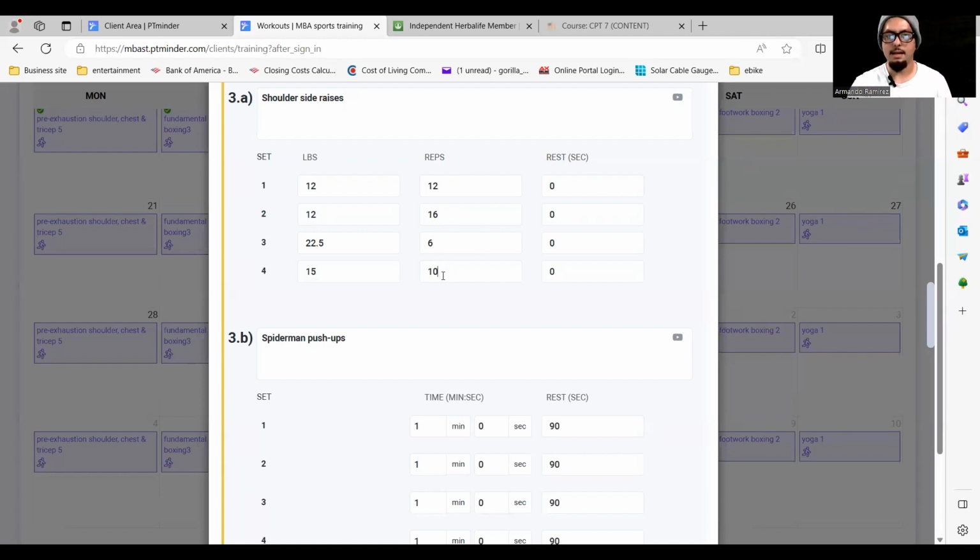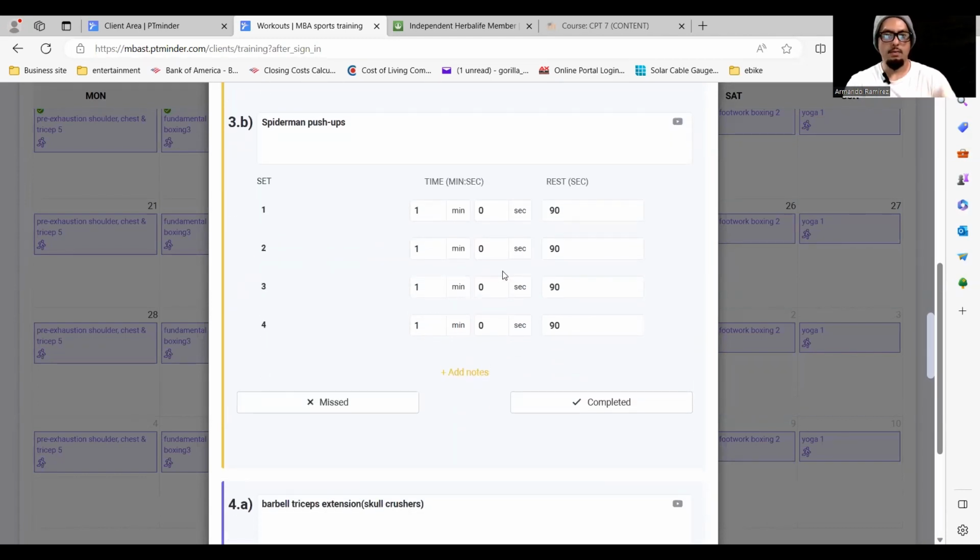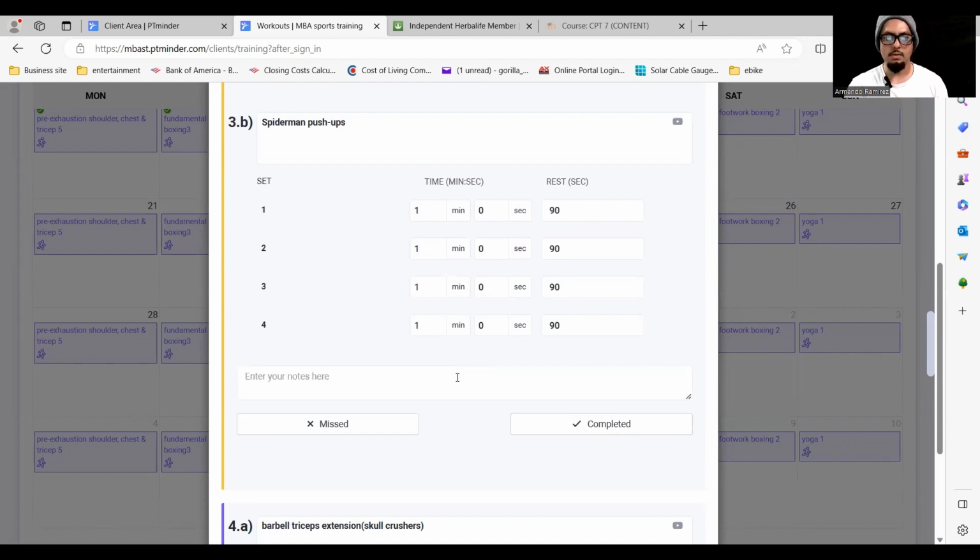And then let's say here with 15 pounds, you were able to meet that sweet mark of 10. Now, again, I don't always recommend holding yourself back, but we have strategies for a reason, and we've got to see what works specifically for you. So, and this is also performed in a superset fashion. So you would complete this for a minute, add your notes, and then say the first